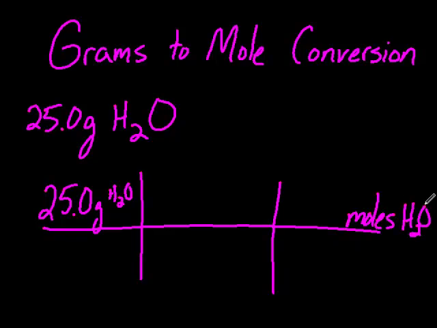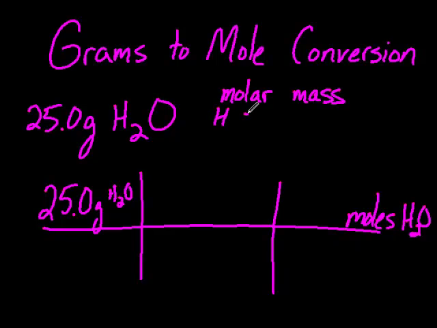And so really the real question is, what is the conversion factor necessary to go from grams of H2O to moles of H2O? The conversion factor that we're going to be using is based on the molar mass of H2O. The reason why I picked H2O is because you've already solved for the molar mass of H2O. You've done it a number of times. That's basically looking up on the periodic table for the particular element, finding out what its atomic mass is, and then multiplying it by the number of that particular atom. So in this case,